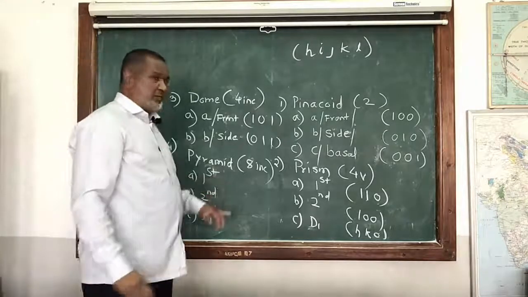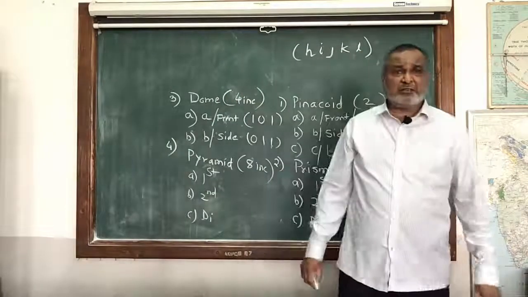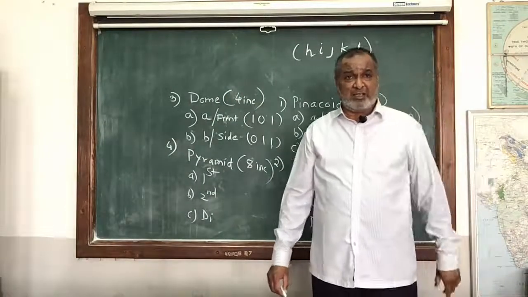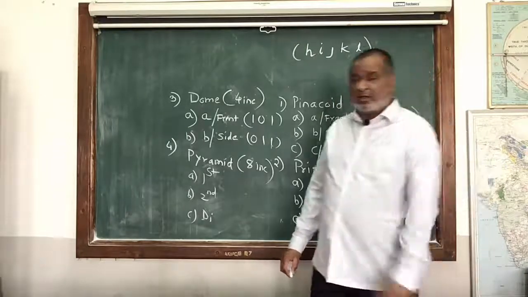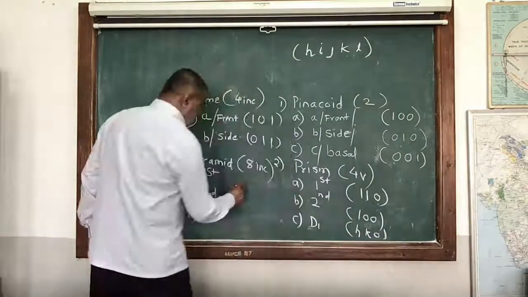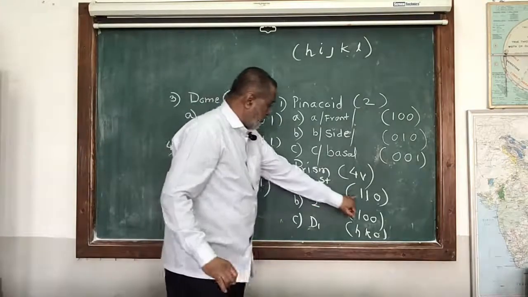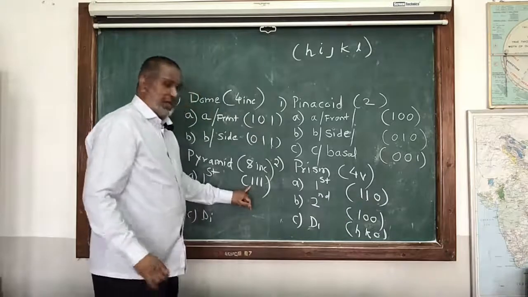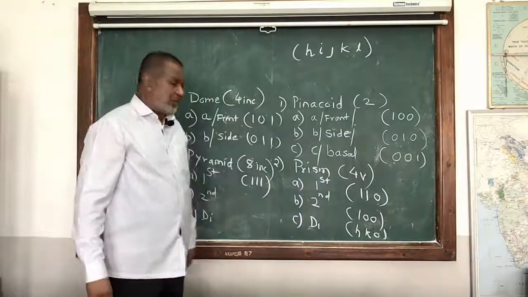Now the first order consists of similar inclined faces, where the index face is going to cut all axes, the A axis, B axis and C axis, at unit length. Then it will have the indices 1, 1, 1. See here, 1, 1, 0, here 1, 1, and the last possibility, 1, 1, 1. All 3 axes cutting at unit length.